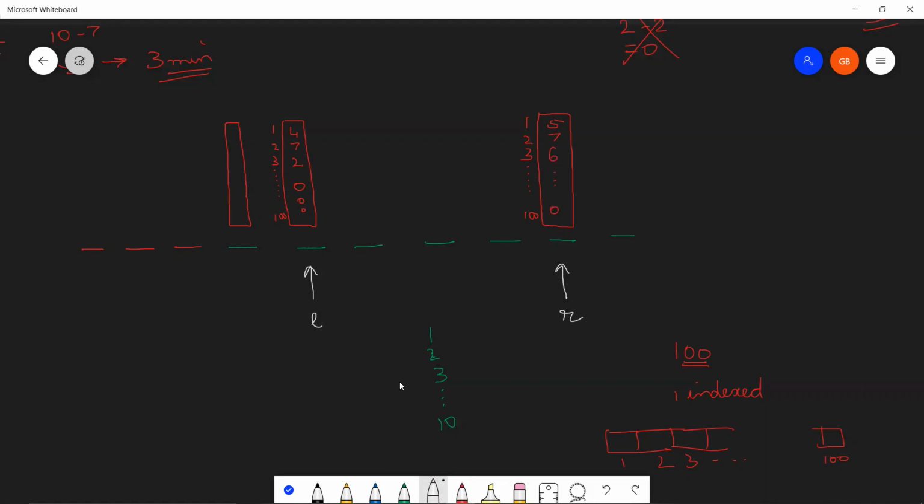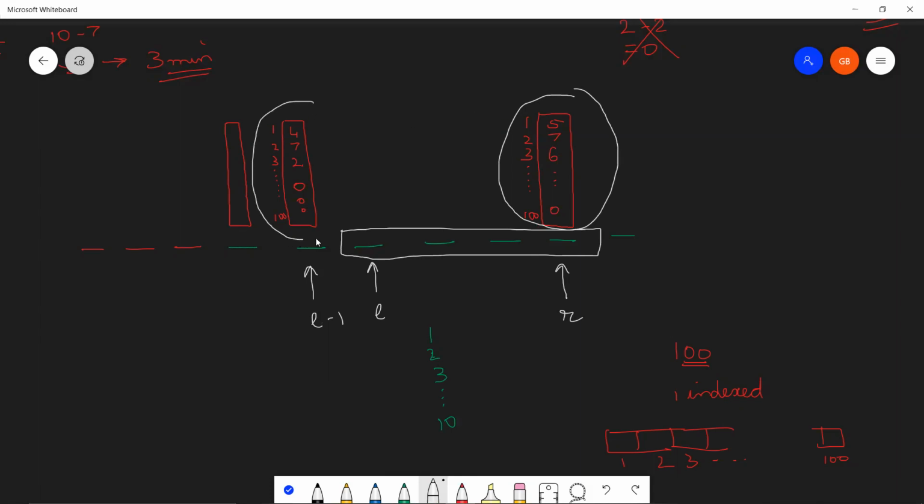One thing that I need to correct over here is that let's say that this was L and this was L minus 1. So in order to find what elements with what frequency are present in this range of L to R, just subtract this preprocessed array that you have over here with the preprocessed array of L minus 1. This is very logical. Till rth point you have 5 ones, till L minus 1th point you have 4 ones.